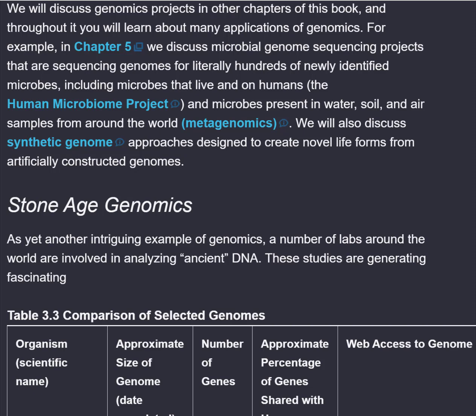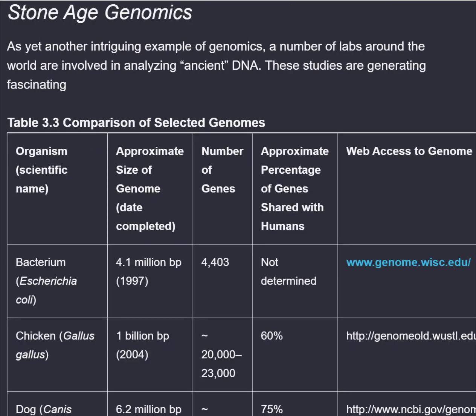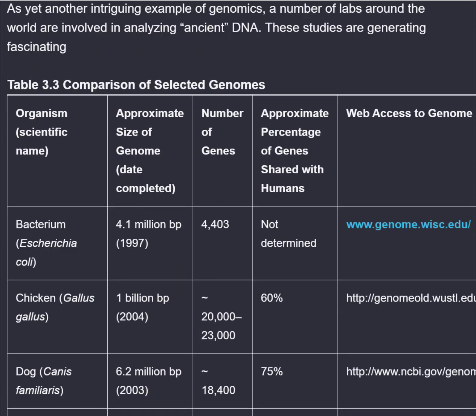We will also discuss synthetic genome approaches designed to create novel life forms from artificially constructed genomes. Stone Age genomics. As yet another intriguing example of genomics, a number of labs around the world are involved in analyzing ancient DNA. These studies are generating fascinating